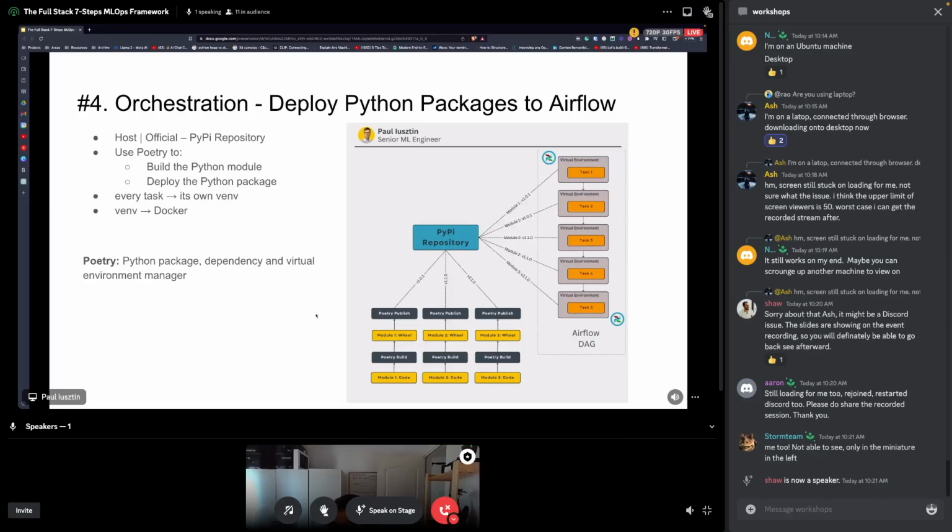So yeah, to do this packaging and deploying, I recommend you use Poetry, which is a Python package and dependency manager. Let me start this from the beginning. Poetry is a Python package manager and virtual environment manager, right? So basically, you can do poetry add sklearn, and it's similar to pip install sklearn, and it also creates a virtual environment under the hood,